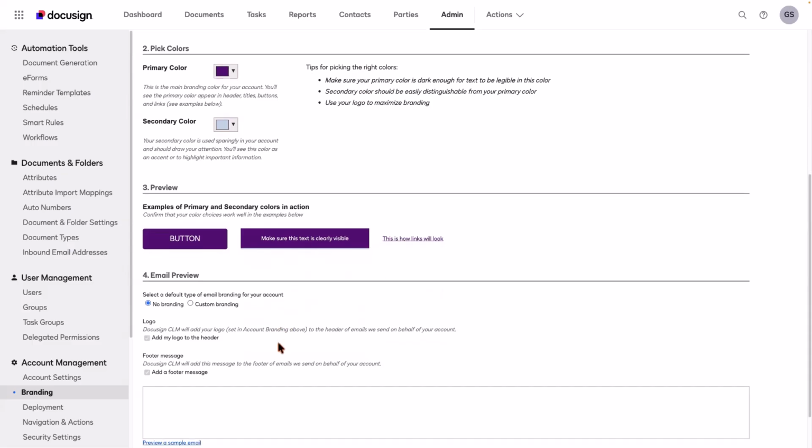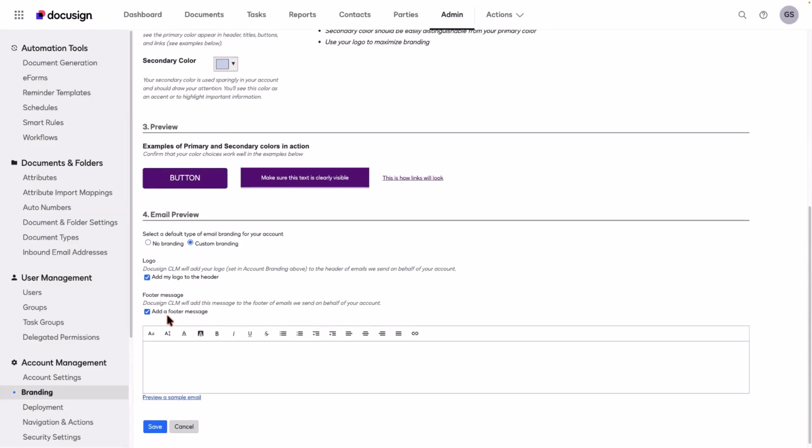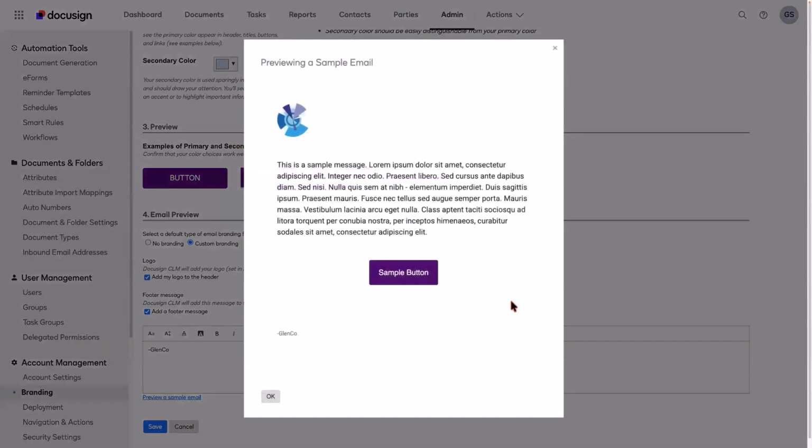For the email preview, you can choose to include or not include the logo of your organizations in the emails that we deliver via CLM, like those external review emails I talked about before. You can also include a footer message if you choose, and you can put it in here. Like, for example, maybe you want to put in your company name at the bottom, just like that. You can always preview a sample email so you can take a look and see what that's going to look like. Note that it takes the signature at the bottom here. It takes the sample buttons here if somebody needs to click through to get access to whatever it might be, an external review or an internal link, and it includes the logo at the top right here.